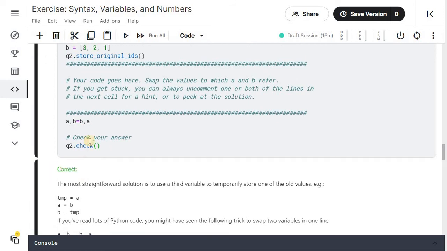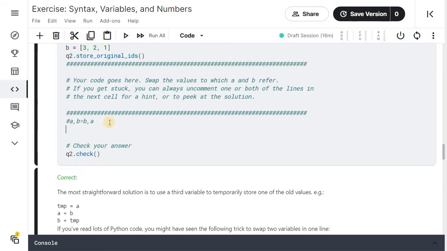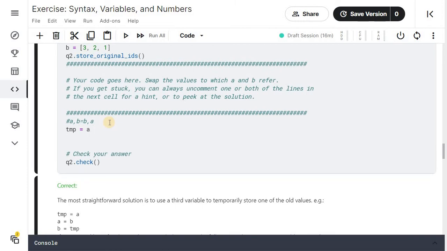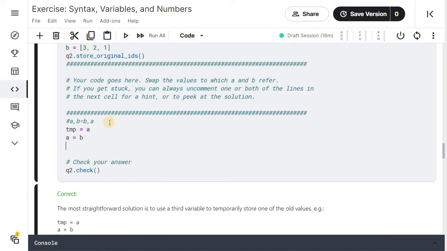This can also be done using a third variable, wherein we comment this line. We store the value of variable a in temp, then update the value of variable a with b, and then update the value of b with temp.